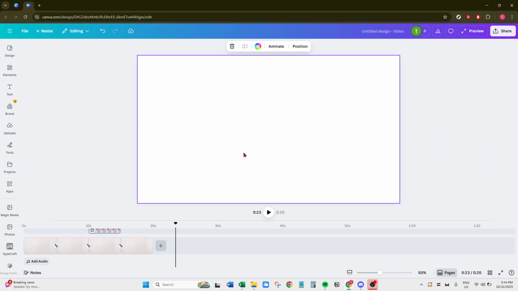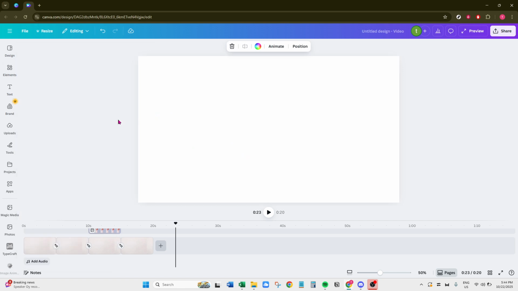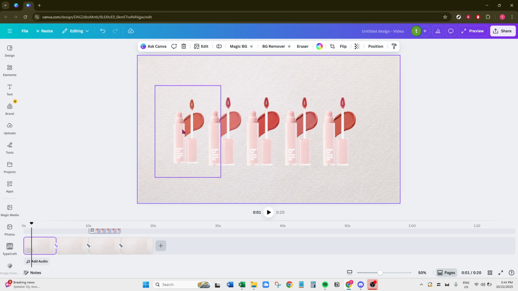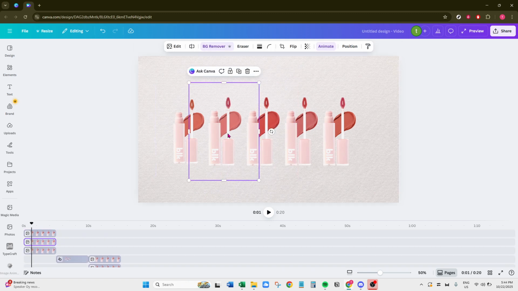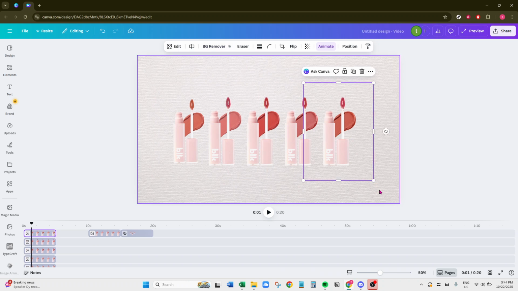Now, let's add your product visuals to the mix. You can do this by uploading your product photos, screenshots, or mock-ups directly into Canva. Look for the Uploads option on the left-hand panel. Clicking on it allows you to upload images from your computer. Simply drag and drop your visuals into the workspace. Arranging them thoughtfully on your canvas will help communicate your product's benefits effectively in the final animation.